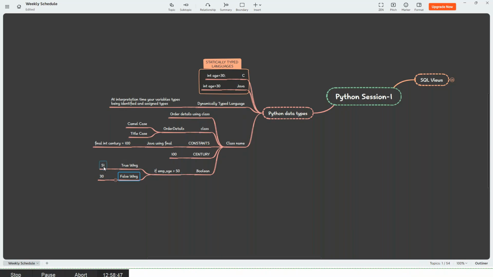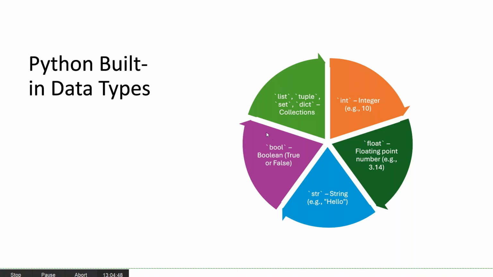Based on that, if you want to evaluate people, then in such a case you can go for list, tuple, set, dictionary. These are the different data structures we have in the Python language. Of course, these are also built-in data types. Whatever you use here are objects in Python, a new generation language that is object oriented as well